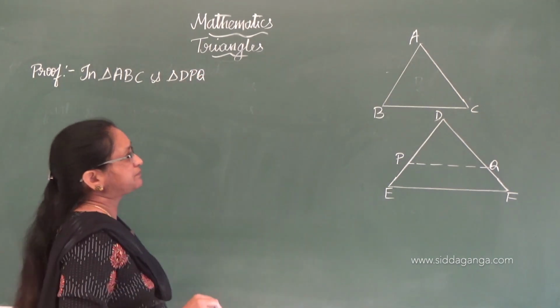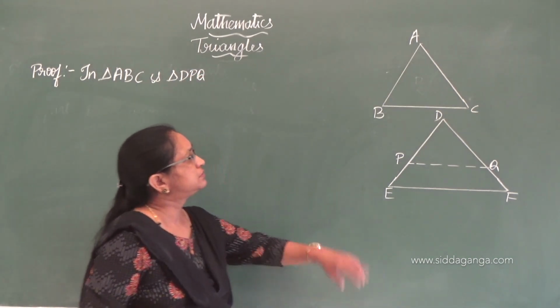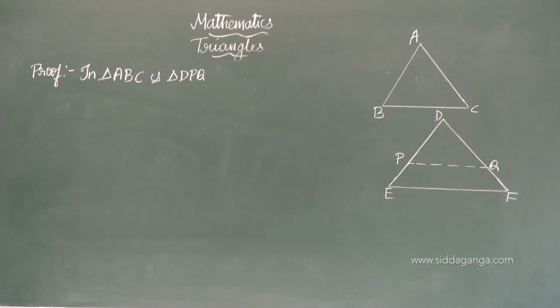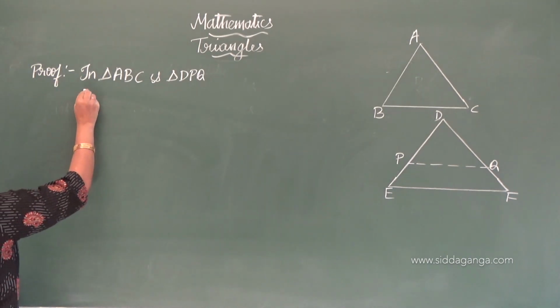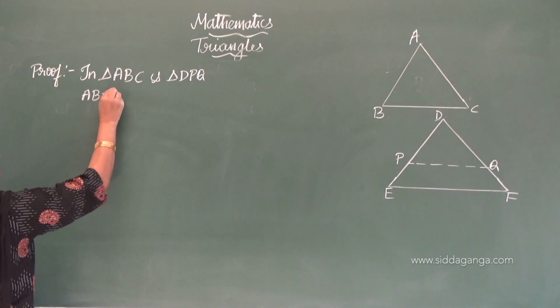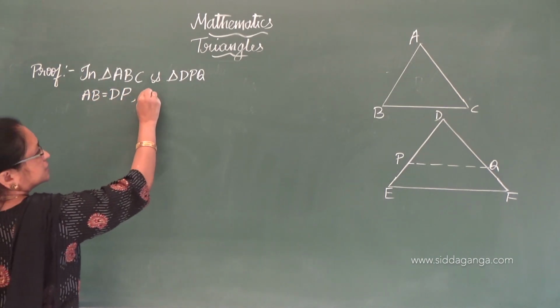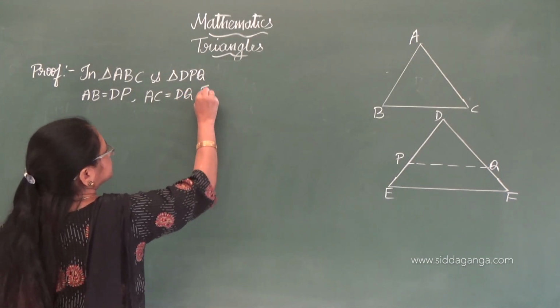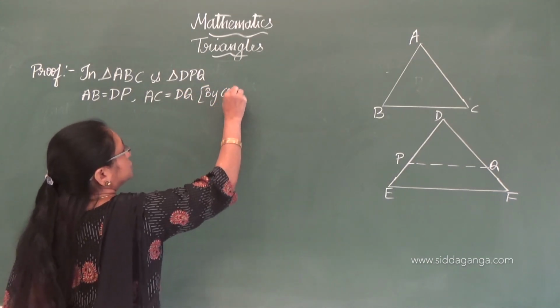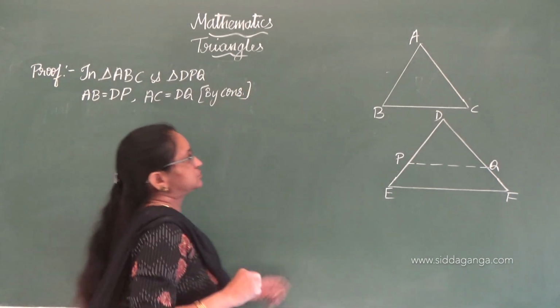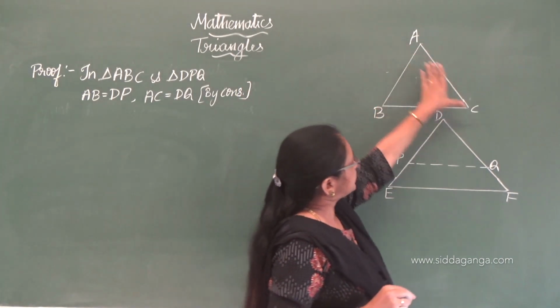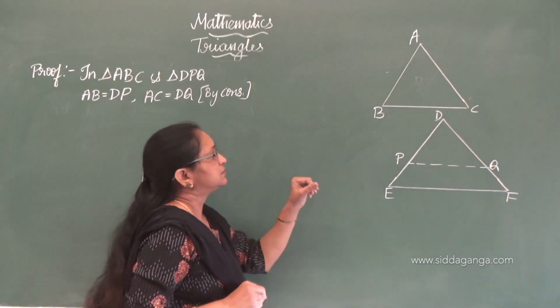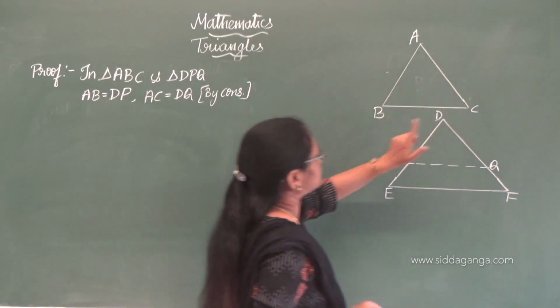Okay, now you tell me, AB is equal to DP, correct? So AB is equal to DP and AC is equal to DQ. Why? By construction. I hope you understood. By construction, AB is equal to DP, AC is equal to DQ,